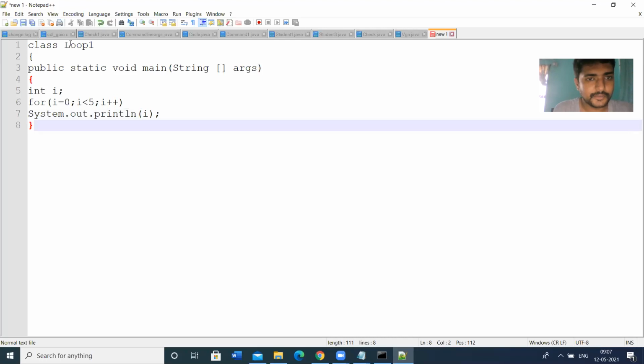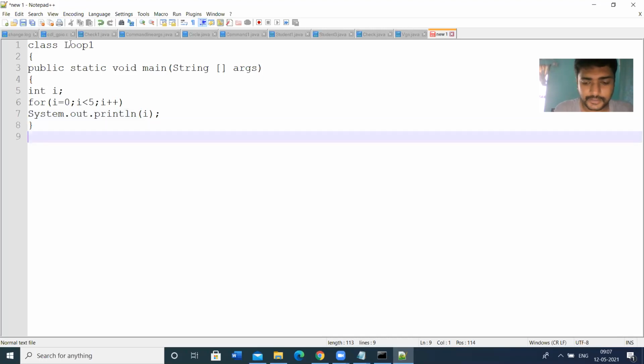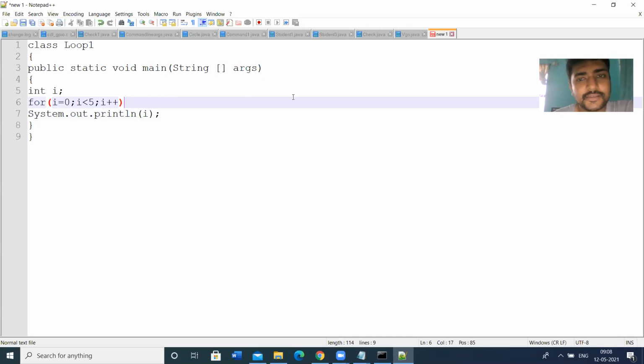So I have closed the main method, then the main class. So this is the simple program to print the i value 5 times. 5 times means 4 times. So let us check the output here.